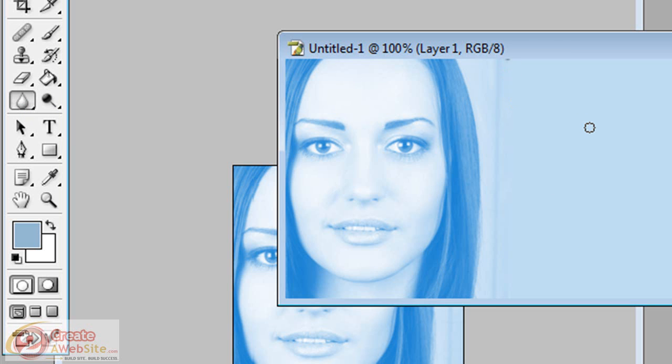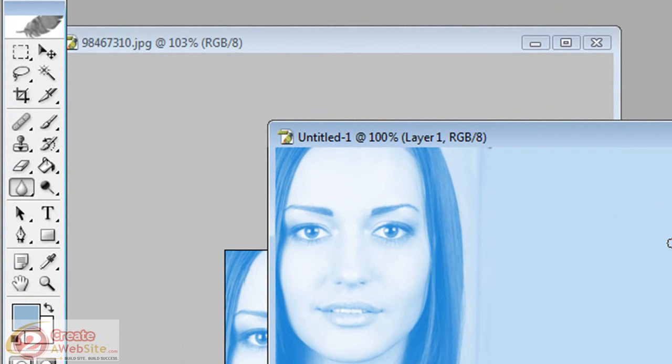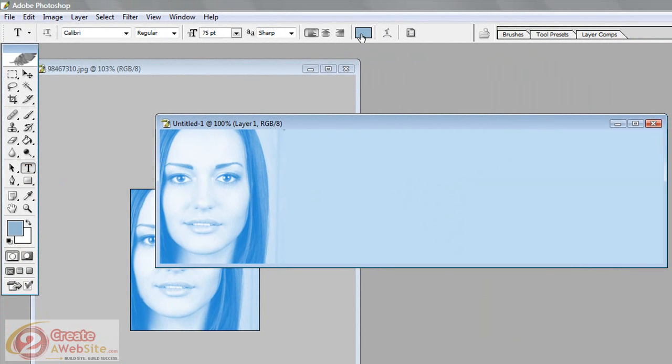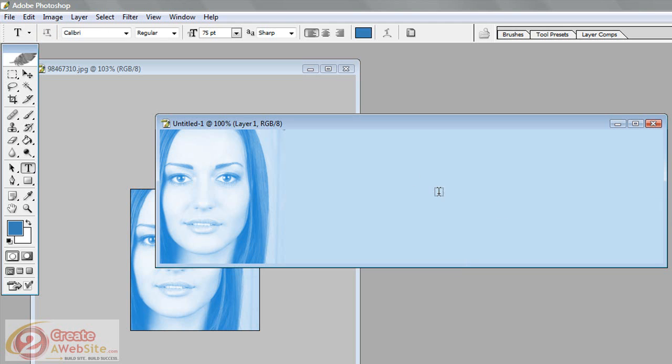Okay? So that's it, guys. So now you're ready to give your header a title. You can either use your WordPress blog title and position it where you want, or you can make it part of the graphic. So you can come over here and use your text tool. And let's say we want to make it a darker blue. So we choose our color for the text, say OK. And we're going to just type my blog title,